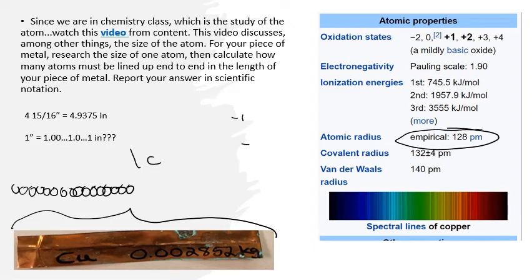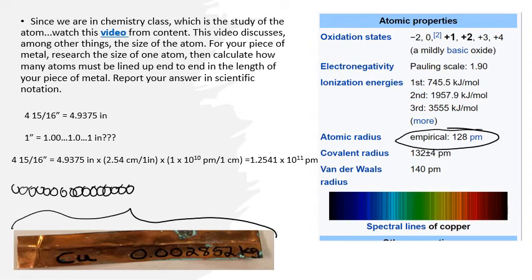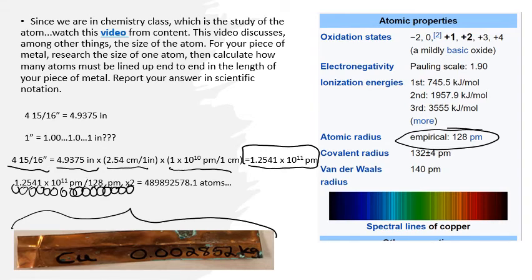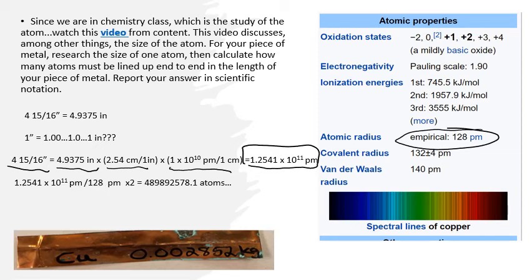So let's see if I have a quick conversion here of this. Here you can see that you have inches, and we did this inches in the beginning. We converted it to a decimal, but now I'm going to convert it to centimeters so I can convert it to picometers. This is how many picometers long my piece of metal is, and of course it's a huge number. But then when I want to do the conversion of how many copper atoms are in there, you see I take the complete length of my piece divided by the diameter of my atoms,